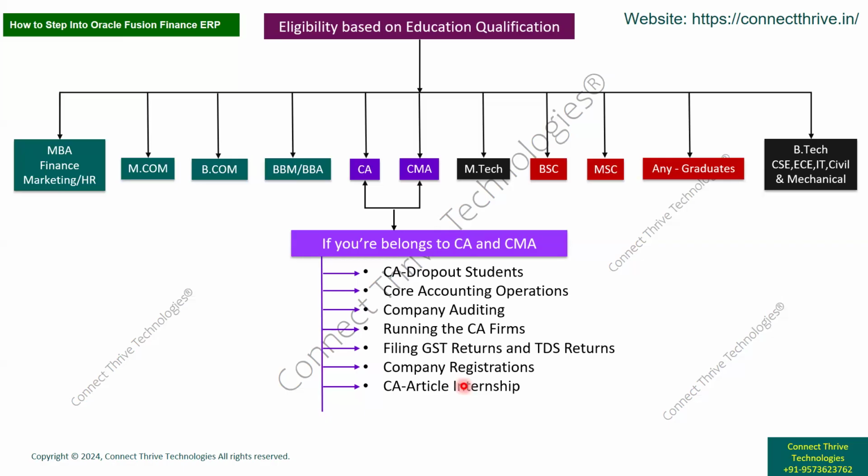And one more thing, after completion of CA, if you come to the IT side and join a company through campus placements, obviously they will take you as a fresher, like KPMG, Deloitte, PwC, EY, some audit firms, and Infosys, Oracle, some big companies. In this case, if you already know Oracle ERP Fusion Finance, then once you step into that organization, you can tell them, I already know this, I learned it outside.